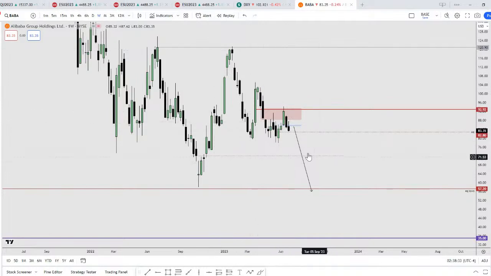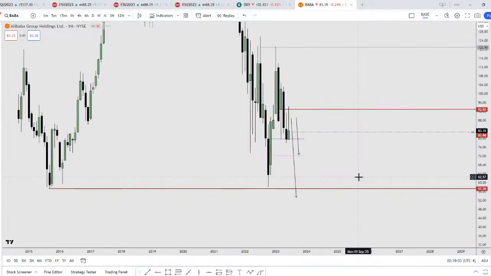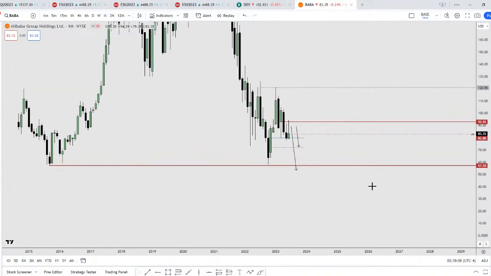Okay, so right here we have the volume imbalance. We even closed below it. So basically this becomes a bearish order block. So you can use this order block, or you can use the volume imbalance as your shorting opportunity to take out minimum this low here and to reach into these inefficiencies right here. We have lots of volume imbalances right here. But ultimately I am thinking that it's going to reach down into 57.2 because we have a wonderful equal lows down here, right? If you take a look at the monthly chart,